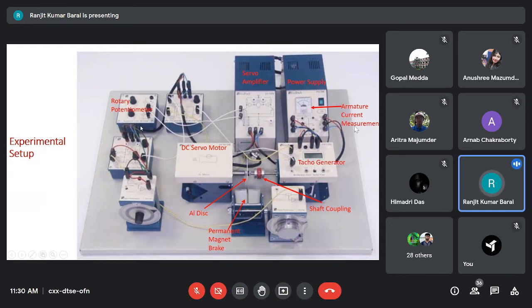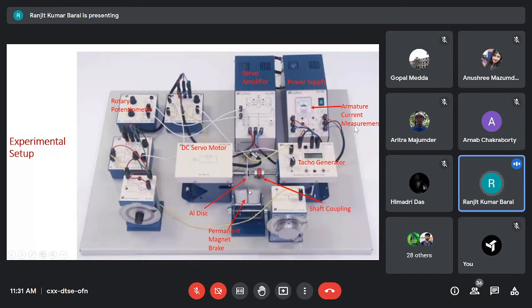Now this is the servo motor. I have marked it. You can see it if you remove this cover. The servo motor is within this enclosure. It is a permanent magnet type DC servo motor, where the field comes from a pair of very powerful permanent magnets. The motor shaft is connected with an aluminium disc. This aluminium disc is allowed to rotate or move within the air gap of a very powerful